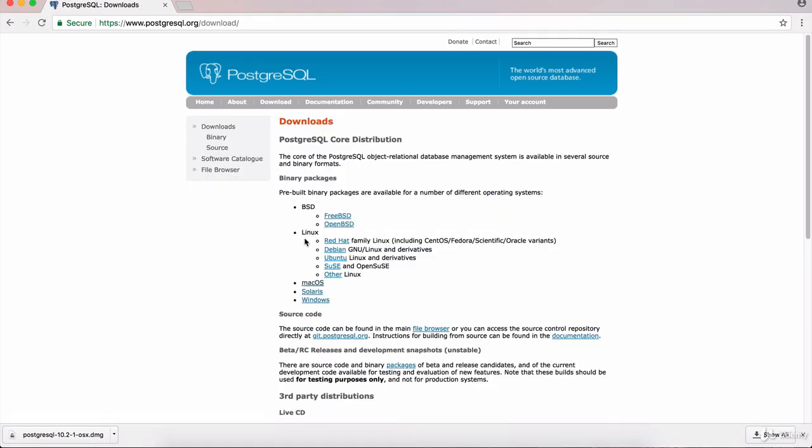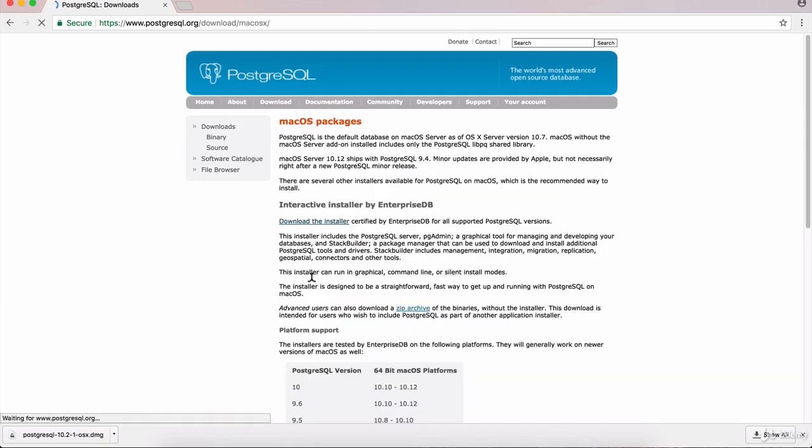And based on your operating system, you're going to need to download the correct version. So I'm using the Mac OS operating system. If you're using Windows, the instructions are almost identical. So let's click on Mac OS, and we're going to click on the download the installer link. And this is going to allow us to set up our environment using an installation wizard. So let's click that link,